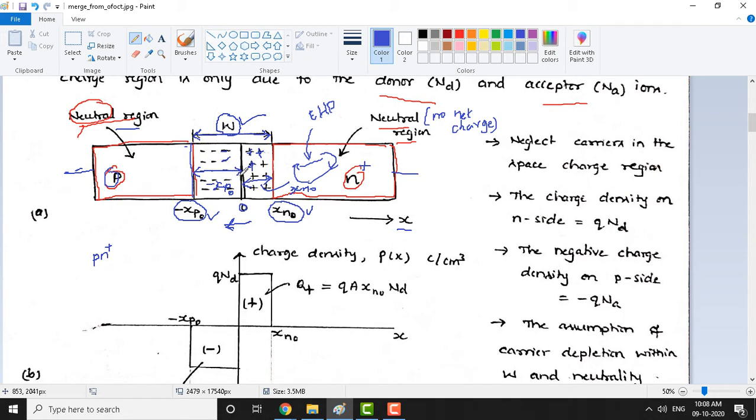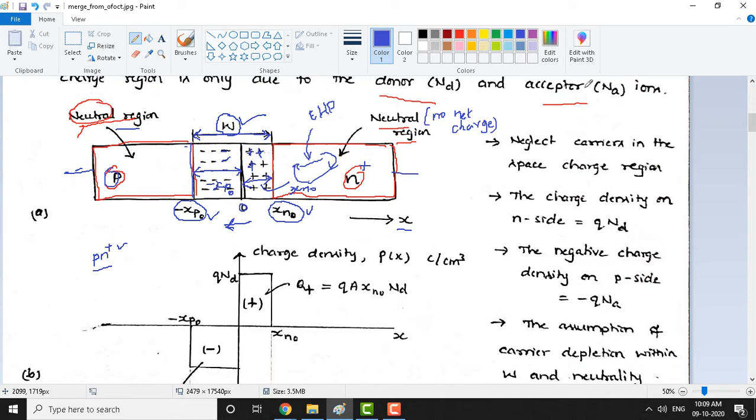Again, see why the depletion region penetrates only into the lightly doped region. Because, as I told you already, the type of p-n junction we have chosen is p-n plus, which means n is heavily doped. Because n is heavily doped, more holes from the p side, or let me say empty positions, rush into the n side. Due to that, the p side is filled with more negative ions. Therefore, it widens here compared to the positive ions on the n side.